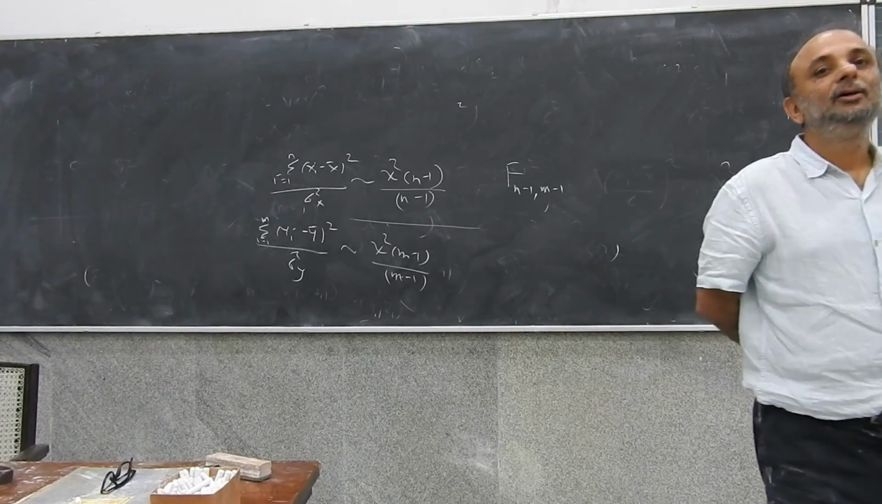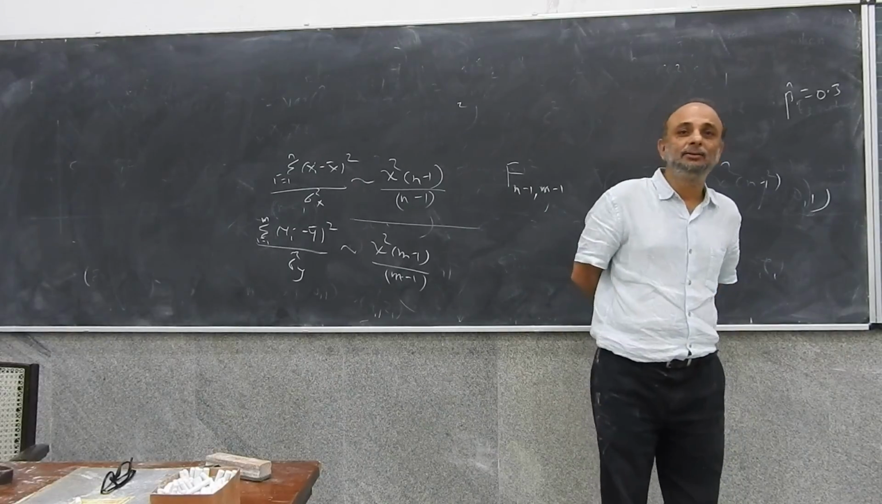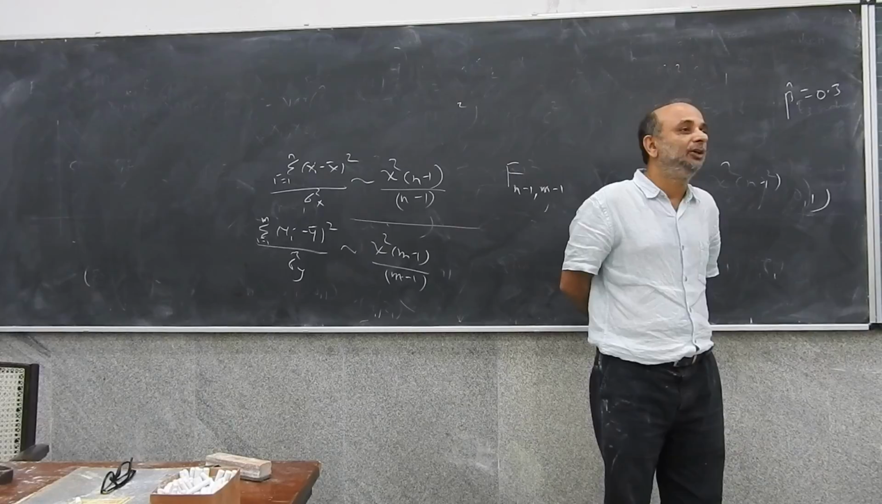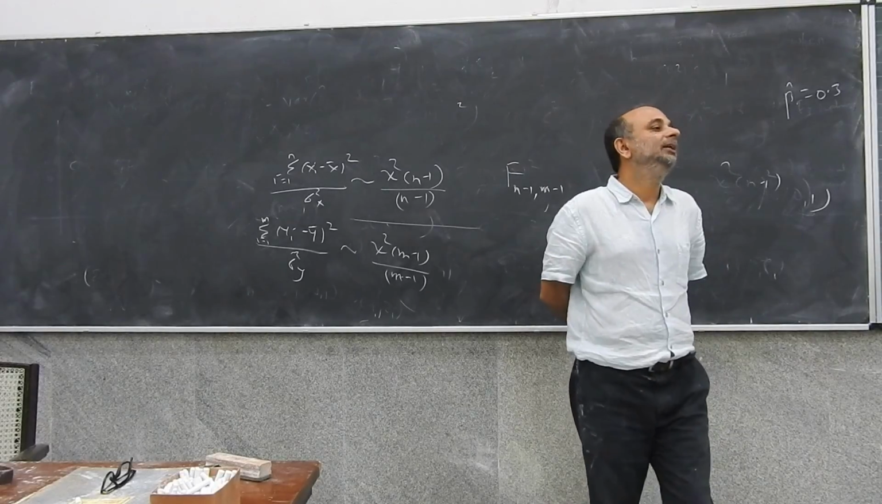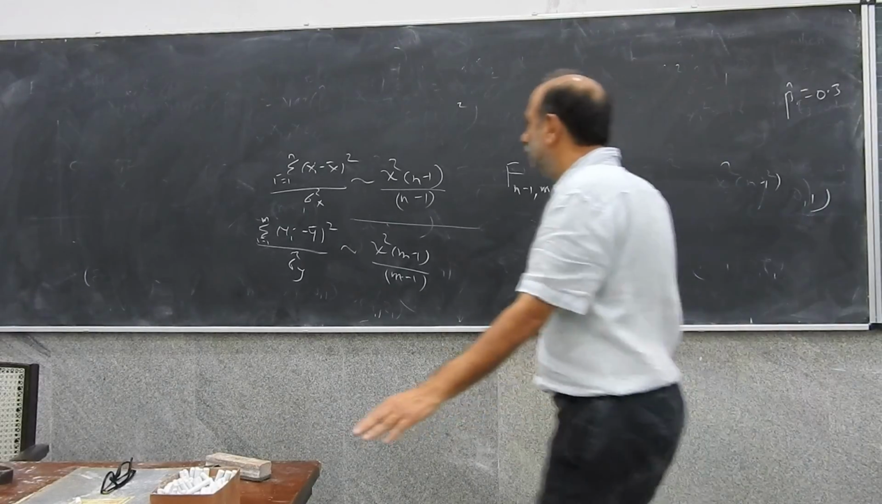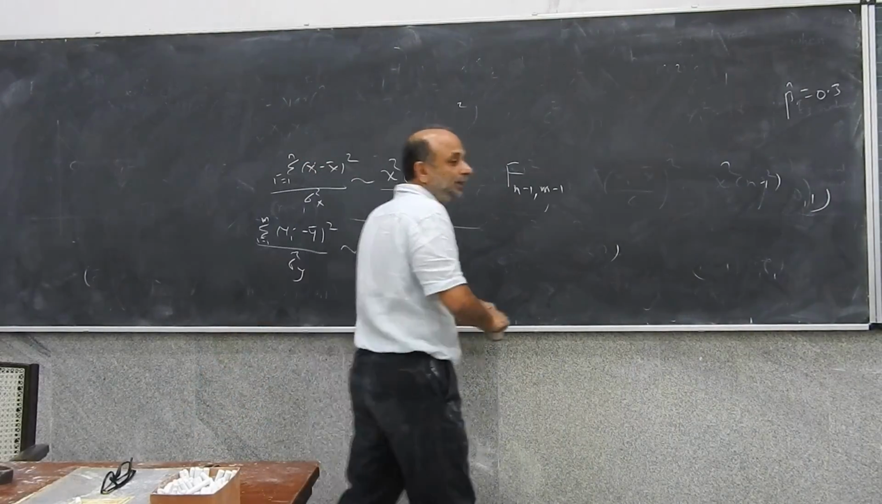Finally, so chi-square is done, F is done. Chi-square is nothing but the sum of n independent standard normal squares. F is nothing but the ratio of two chi-squares divided by their own degrees of freedom. Now, suppose the final distribution that we are interested in